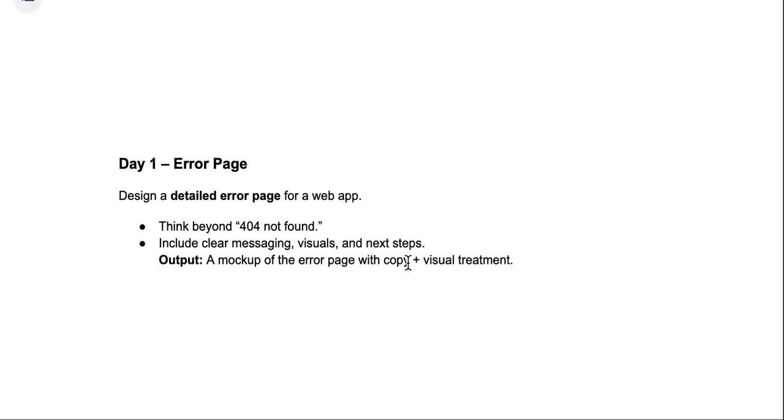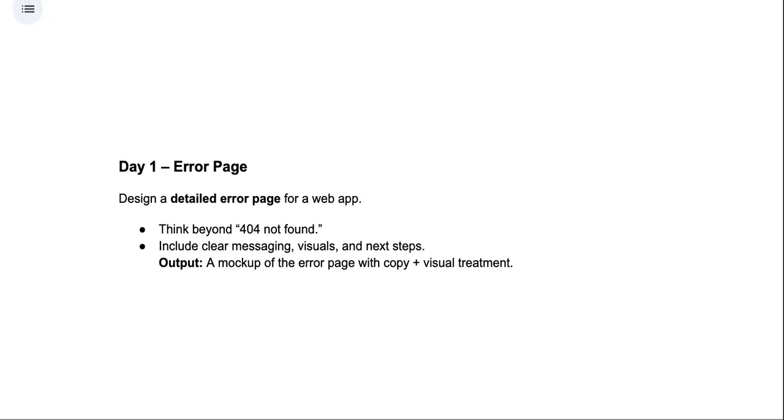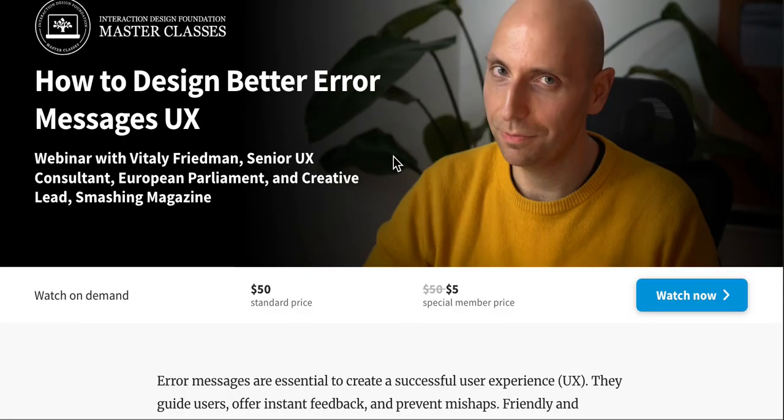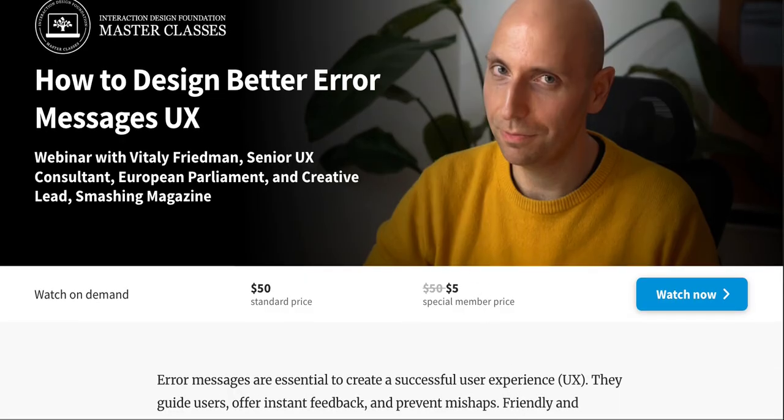Part of what's interesting about this is that a lot of the information that we have specifically at IXDF is going to be from a course perspective. But there is another fun one that relates to day one here. One here is this course on how to design better error messages in UX. It is one of the master classes, and it's very good. Vipul here is excellent,